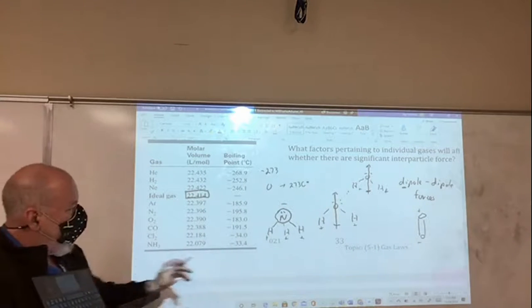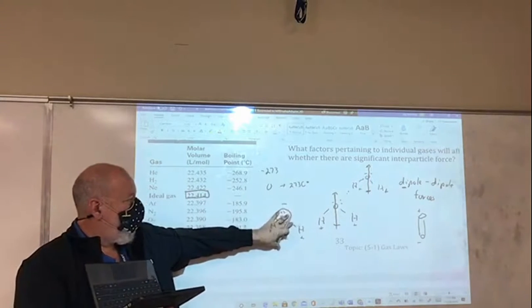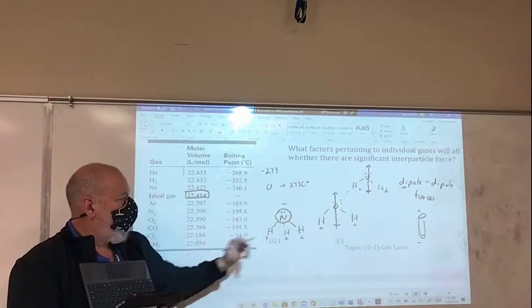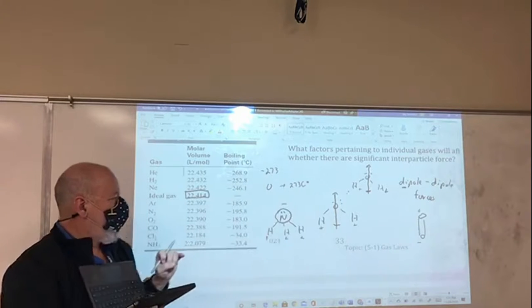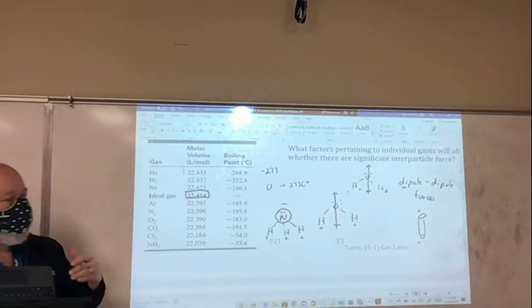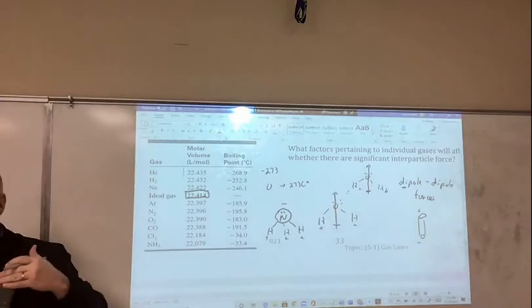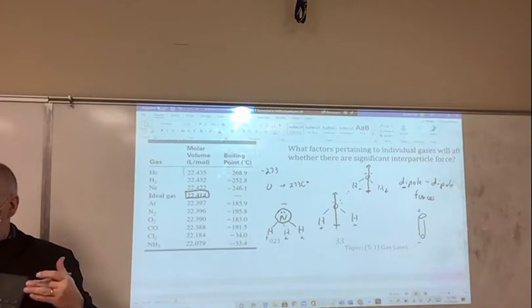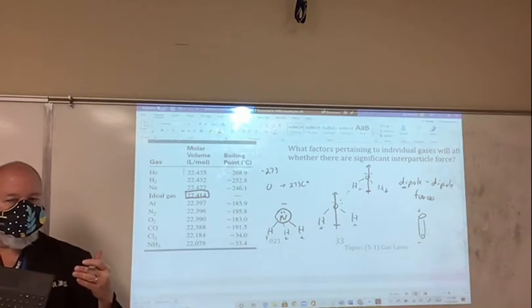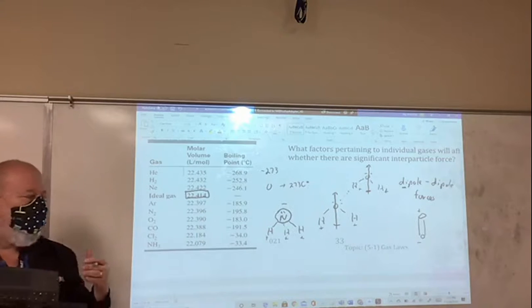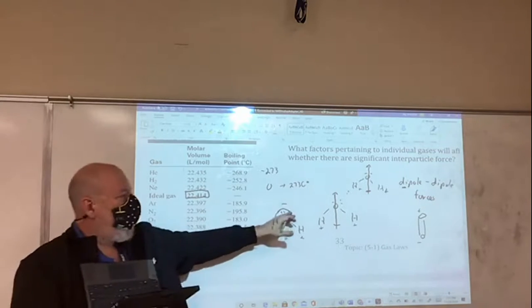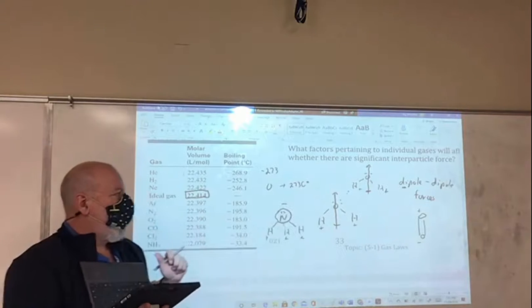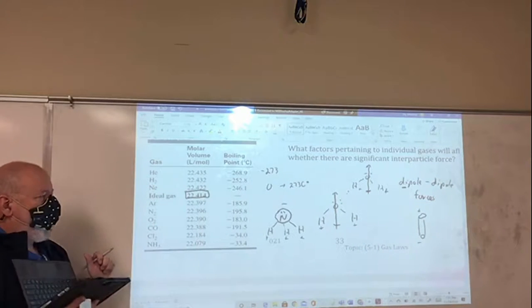And if I have other ammonia molecules here, it's going to do the same thing. It's going to create hydrogen bonds. Hydrogen bonds are just one type of dipole-dipole force. They're the strongest type of dipole-dipole force, but there are other polar molecules that create dipole-dipole forces, and we'll need